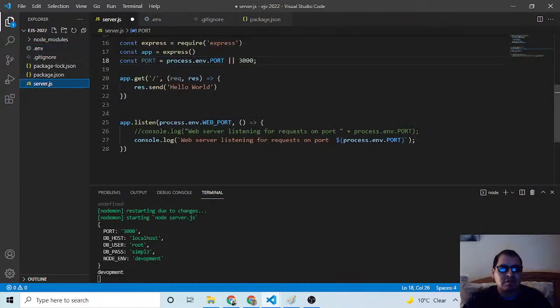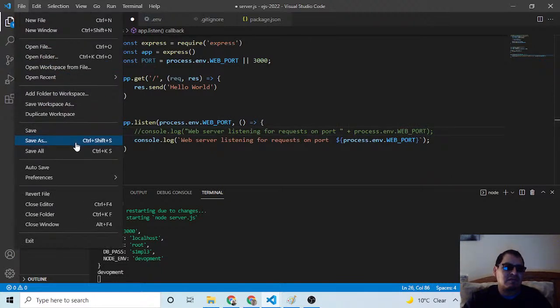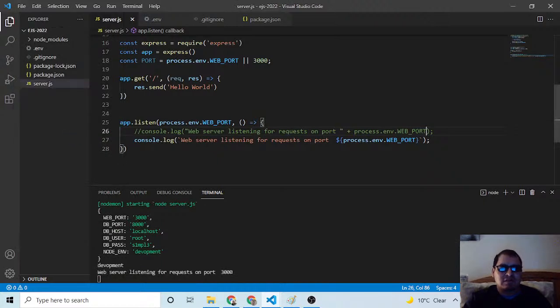Why is it not working? Web port. Okay. And over here as well, web port. File save. Development web server port.